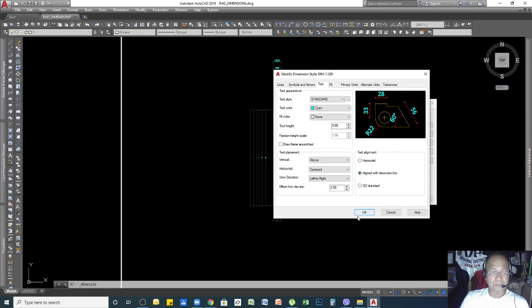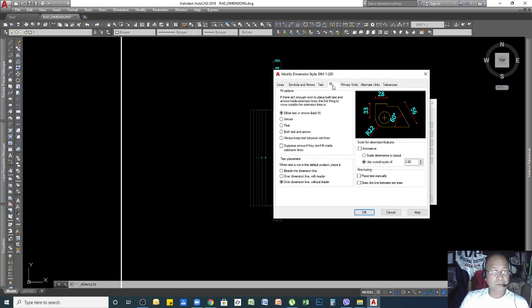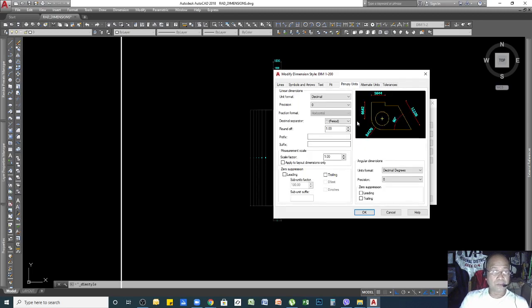Okay, so after that you check fit. Everything here is set, so no need to change, only this part. You remember we started our dimension setup from 1 is to 2, so this is the value of 2. Since we want to make it 1 is to 200, I will change this one to 200, and then we'll go here.